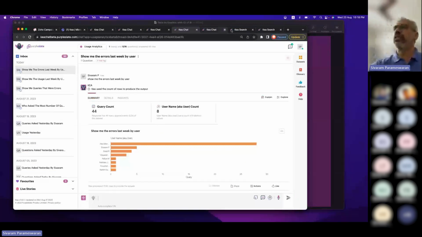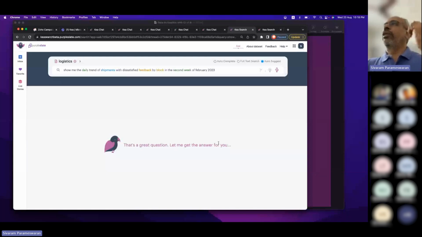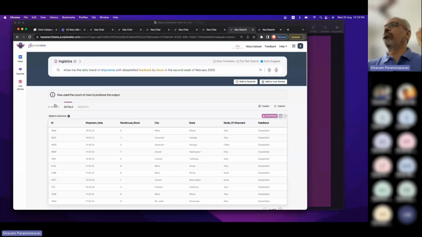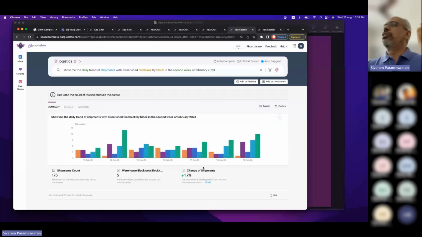So there are a few interfaces. One is a very simple search bar like this, just like any search engine. I have quite a few questions here, so somebody can just go and ask a question like this, and it just brings back the data. There are so many things it does. Say, for example, I can go and change the visualization. So this is a way of consuming the information.